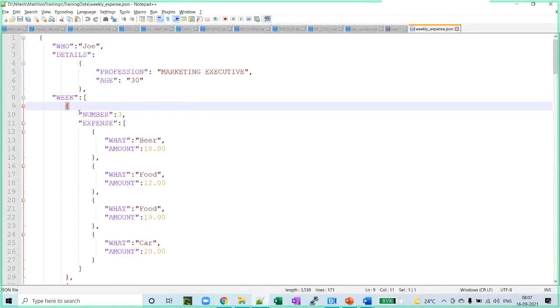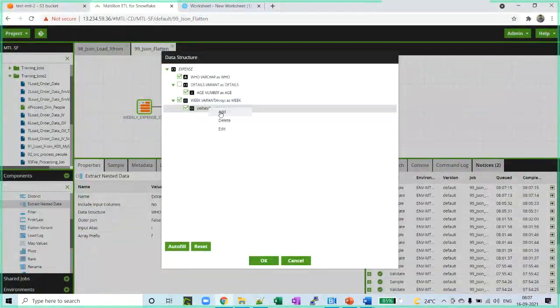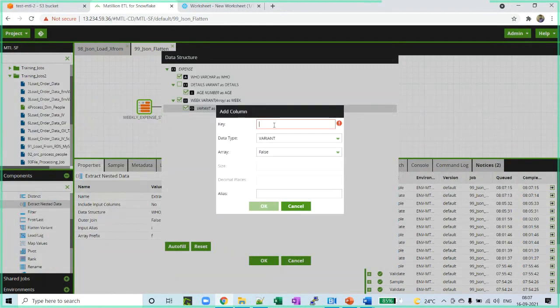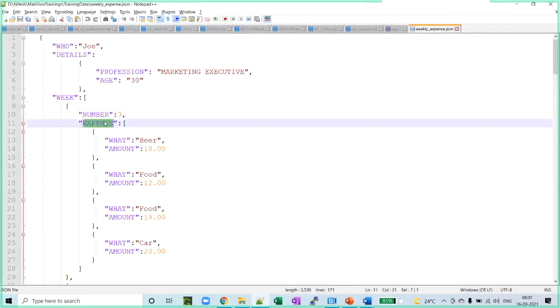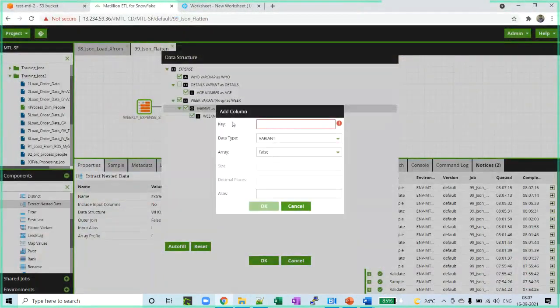Now within this week element, I have number. So I'll right click, add. I will say number. So number is a number, right? Or I will say specifically week number, right? I will say okay. Now similarly, after week number, I have another array which is